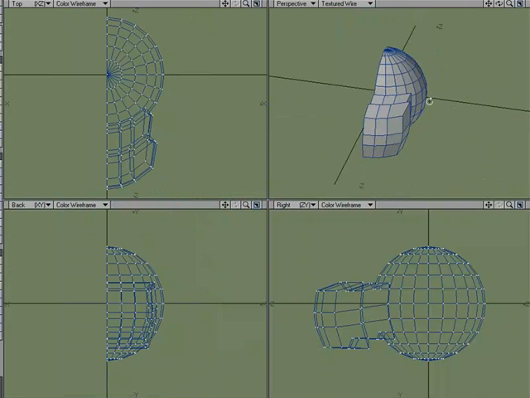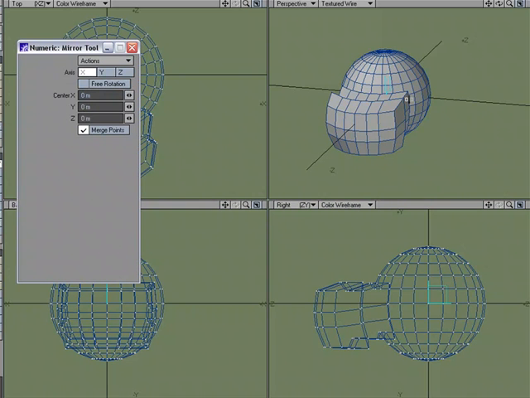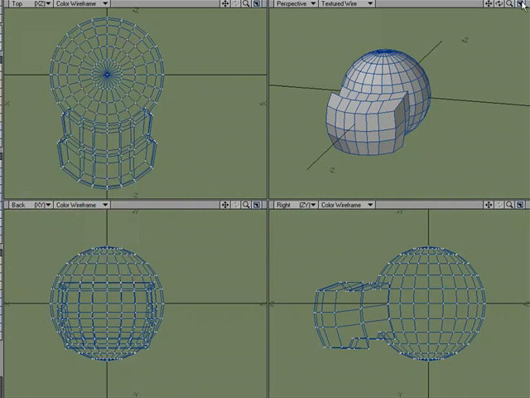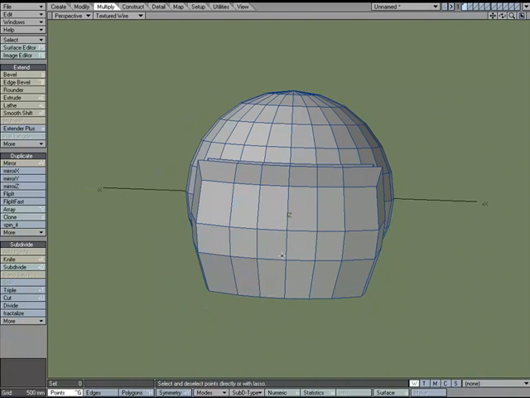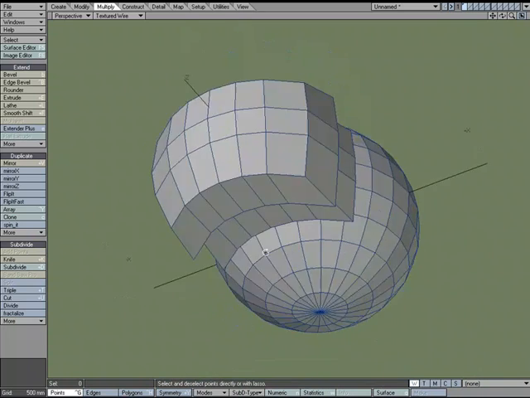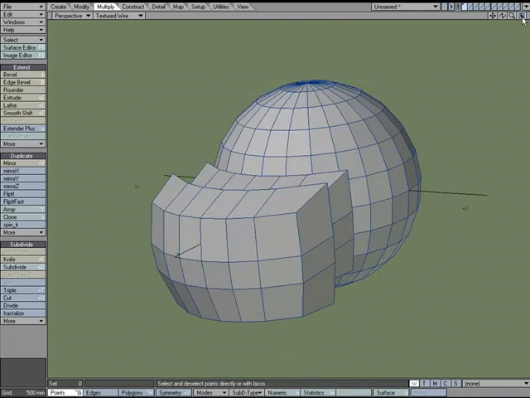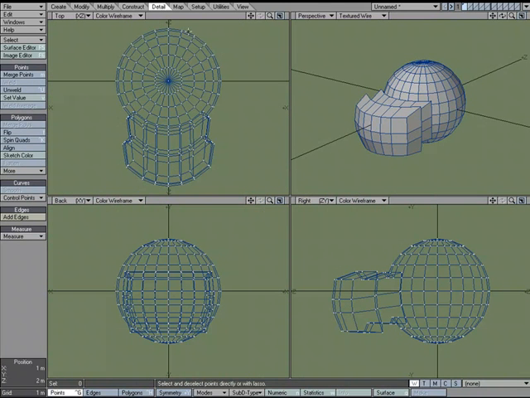Okay, so if I take that and Shift V for mirror, in for numeric, and I'll go ahead and hit enter, and then see how it says merge points? Well, if points are on top of points, it's going to take care of those, and because I made sure that all those points were crammed onto the center line, they were moved over to 0 on the X, I get a clean merge when I mirror. So that's just a quick look at set value found under the detail tab under points,